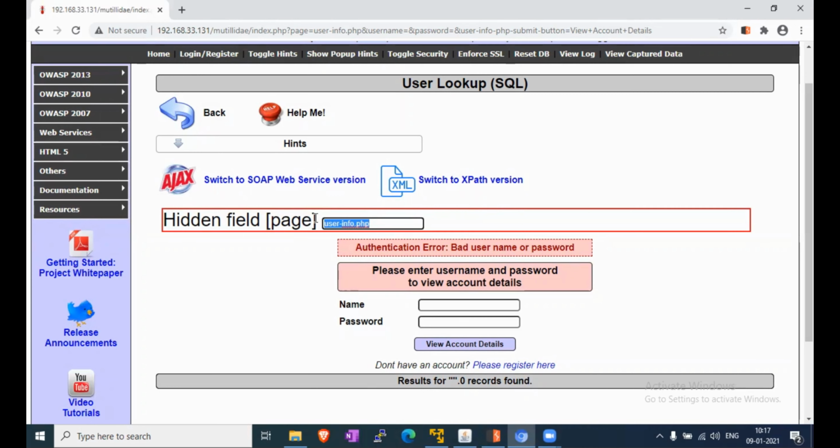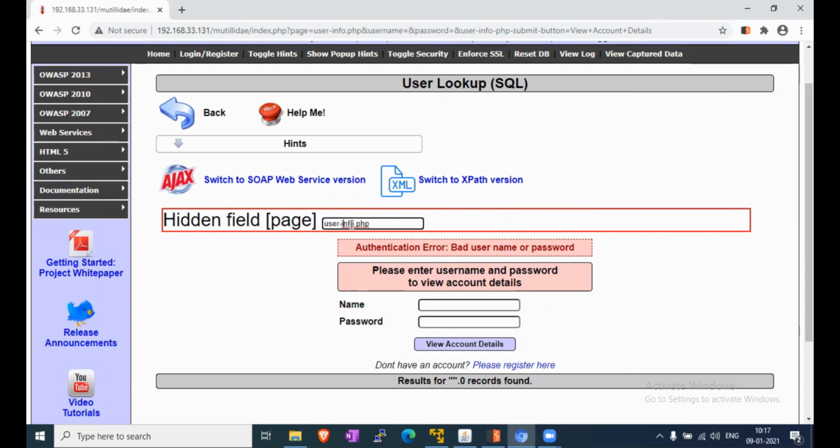In this case, we are not even logged in to the application, and we can manipulate the hidden form field label page to access a page containing fingerprinting information.